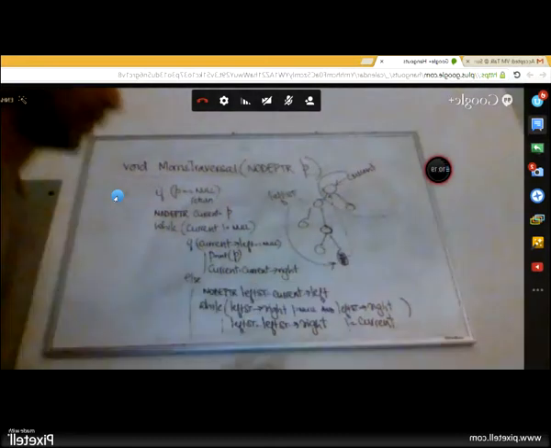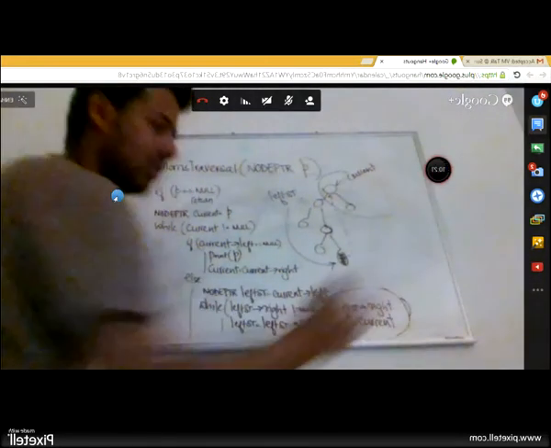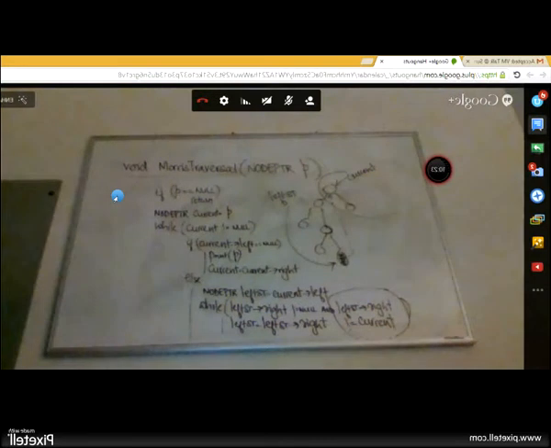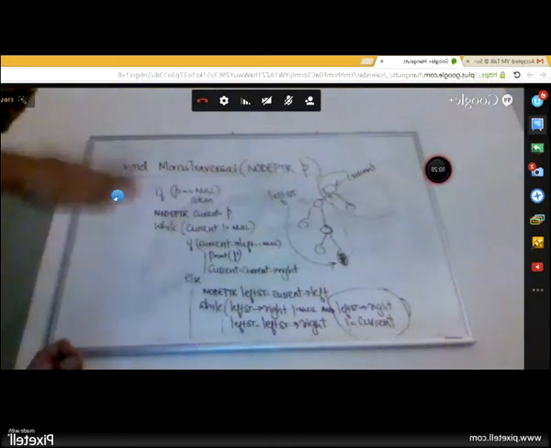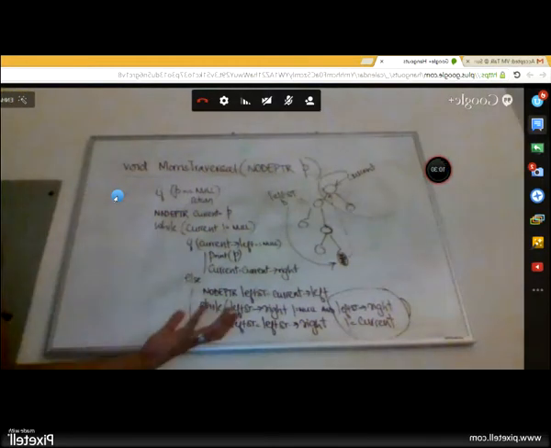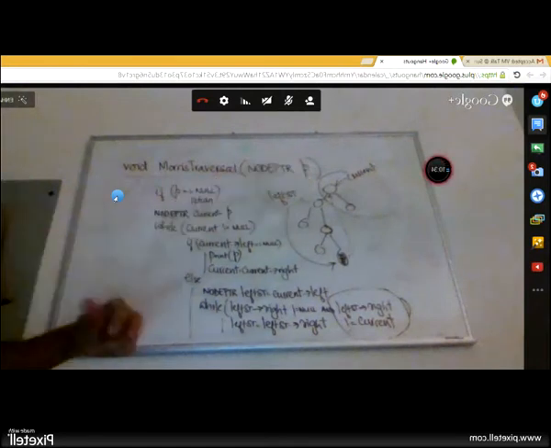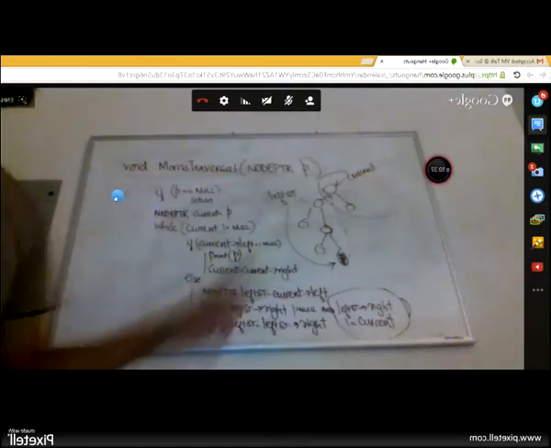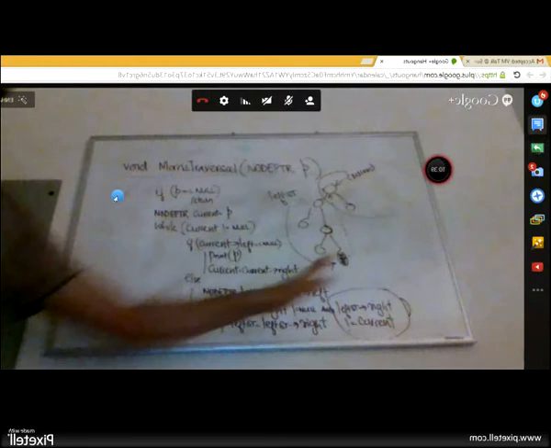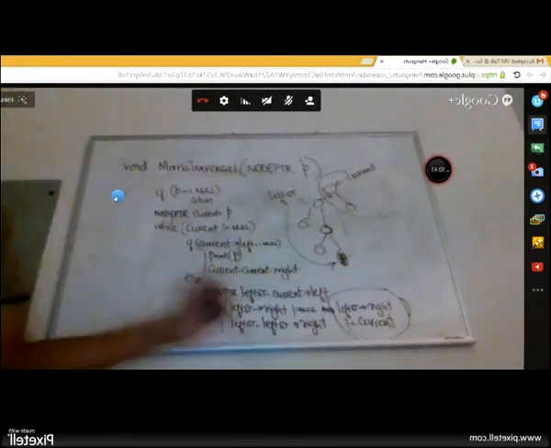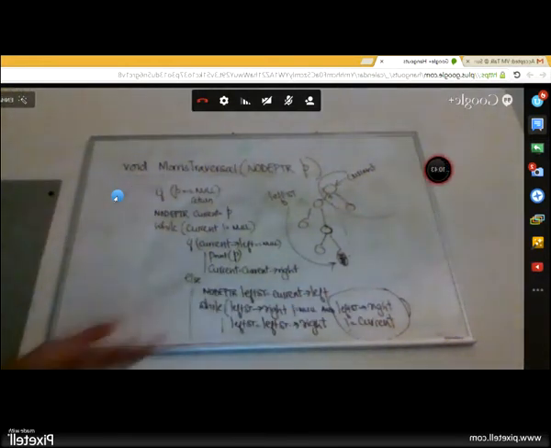Was that clear why we needed this part? We kind of thought ahead of ourselves and we added that logic because we forgot that we needed to cut the threads, right? So this part will come in handy for the cutting the thread part. This condition you don't have to check if it is your first visit. But how do you know if this is your first visit? You know it if this thread exists or not. And that is what we did. Was that clear?